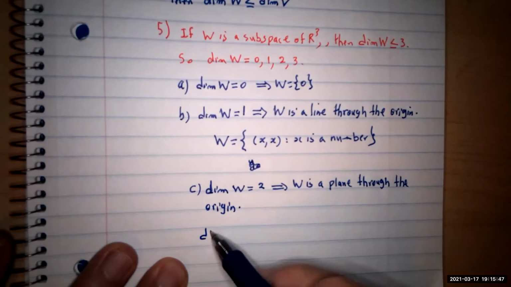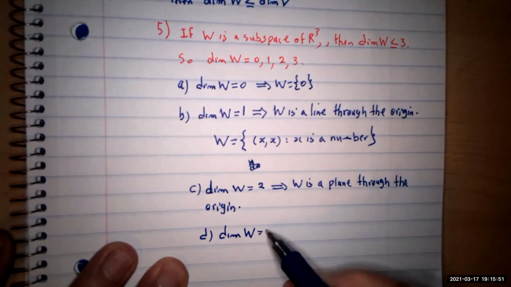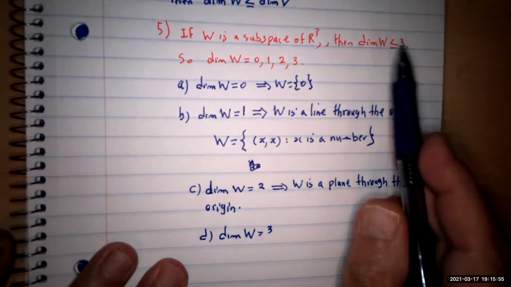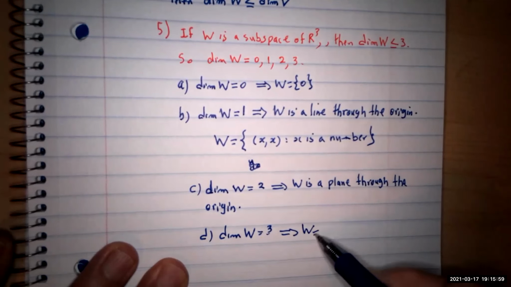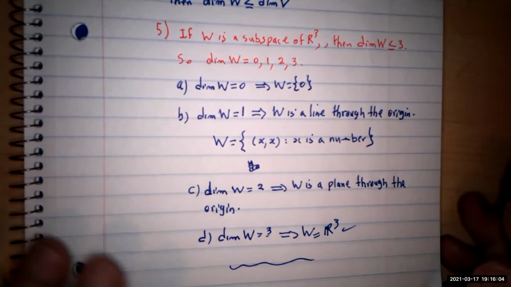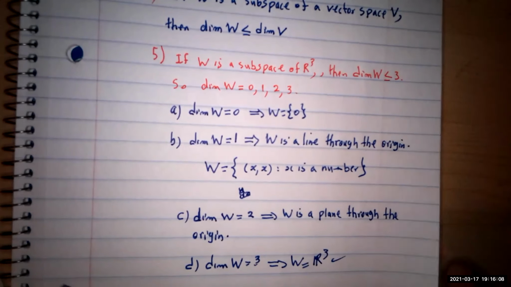And in the case that the dimension is equal to 3, you know that this must be the full space. So in that case, W is the same as R3, three-dimensional space. To give you an idea, it's good to know that